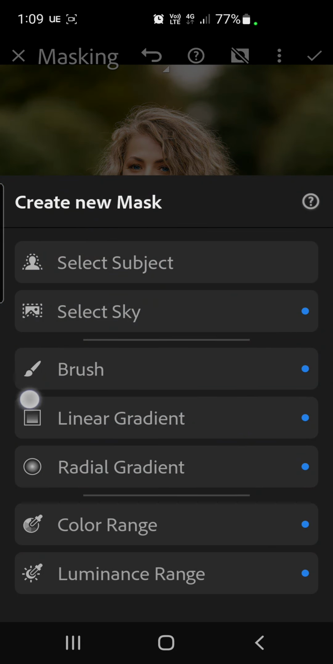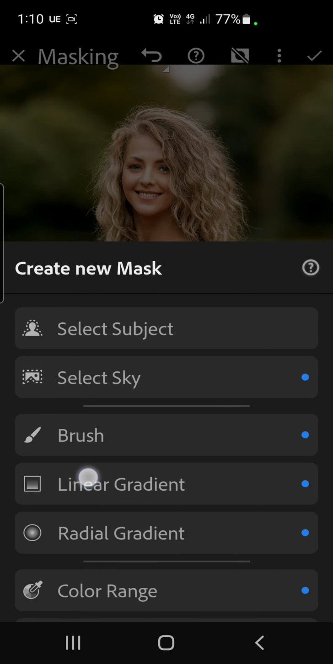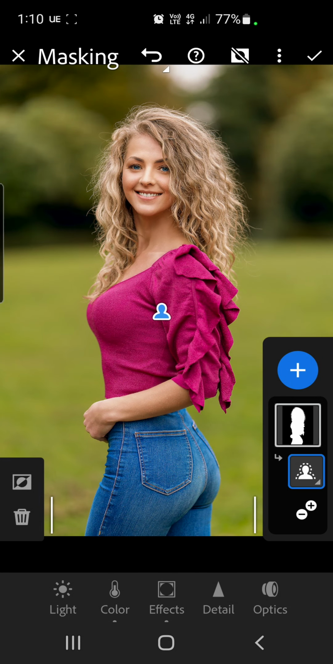So I would have to go... Oh, that's a bit disappointing. Doesn't seem to have invert mask here. Select sky, radial gradient, select subject. Color range. Oh, that's a bit disappointing. I would have preferred to have